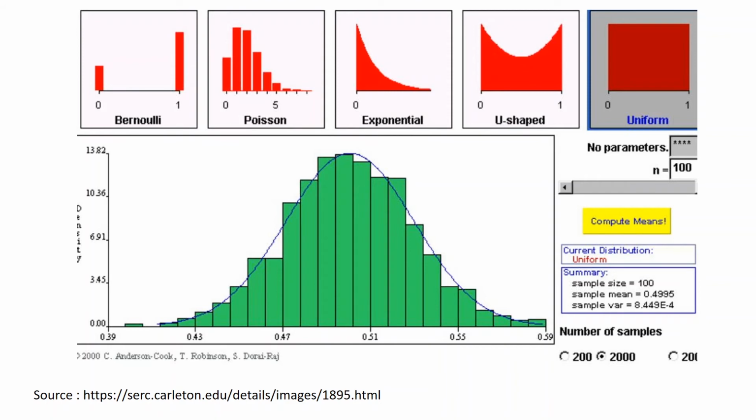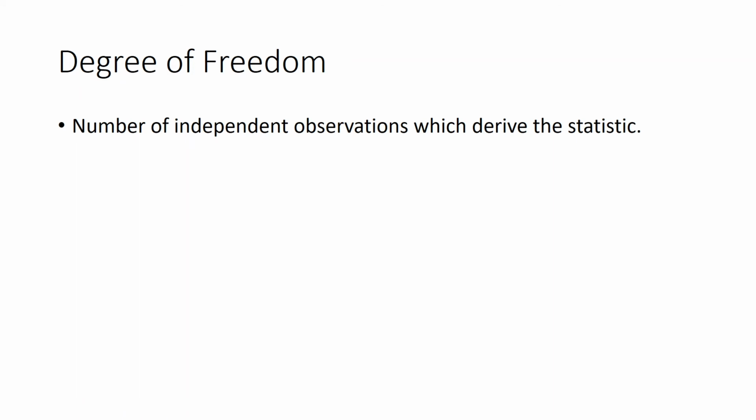Okay, then the next concept that I want to cover, which plays an extremely important role in statistical inference. Okay, whenever you want to perform estimation or testing of hypothesis, this thing you cannot ignore. Okay, this is degree of freedom, and I actually also said that I am going to cover the degree of freedom in the last tutorial itself. So the number of independent observations from which we derive the statistics. Okay, this is the most basic definition that you can come across.